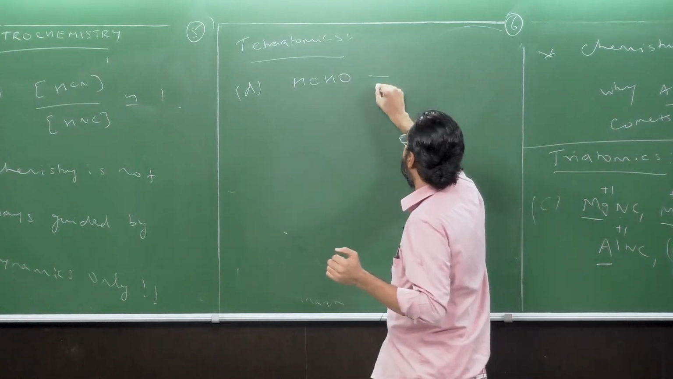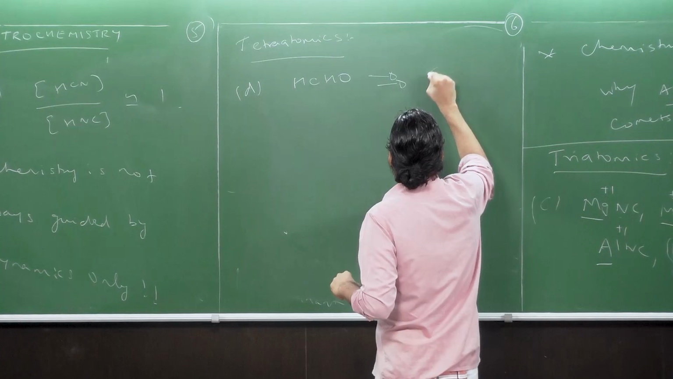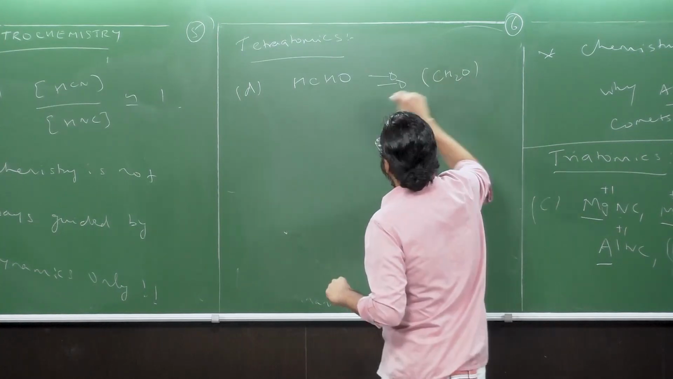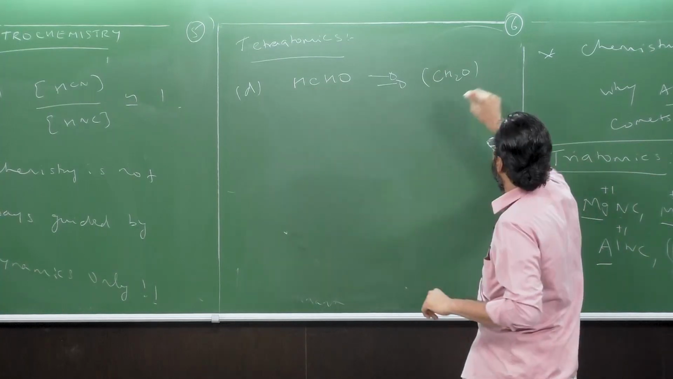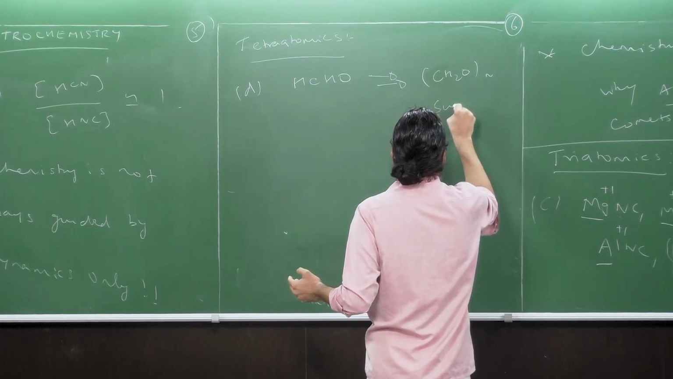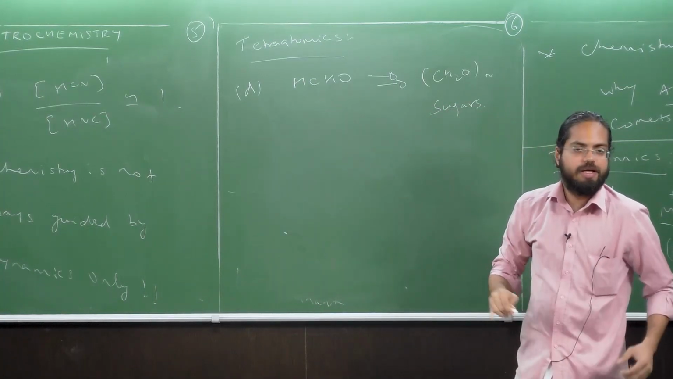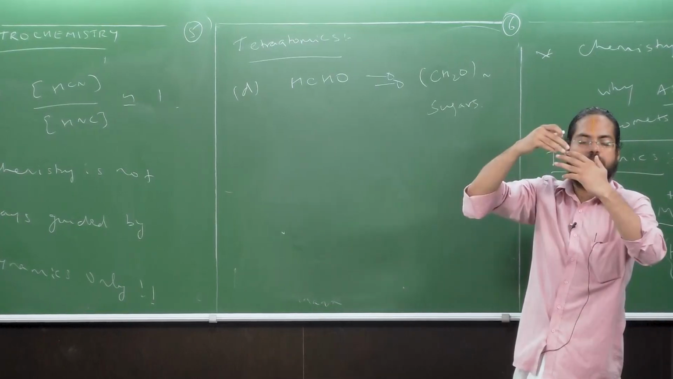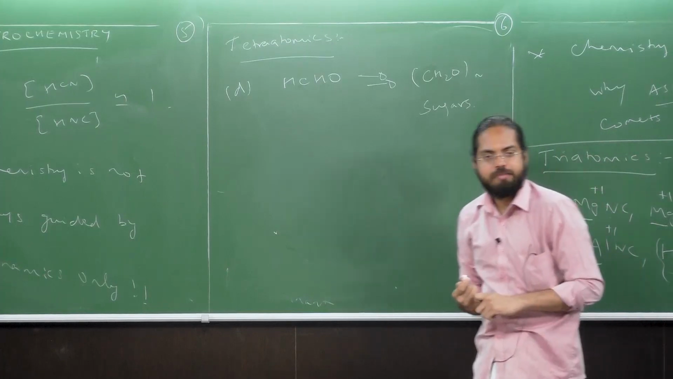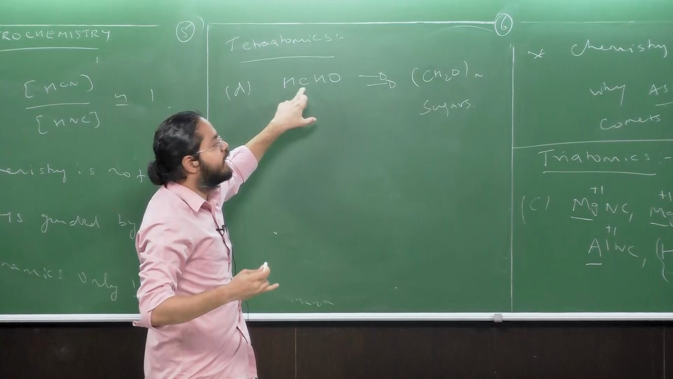And from formaldehyde, what can we get? Eventually, all the sugars, right? This is CH2O, and CH2O n times becomes the sugars. So your formaldehyde offers you the scope to get polymerized and form various sugars. Okay. So therefore, formaldehyde can give rise to